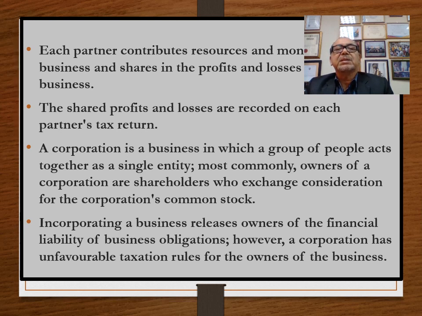Let's say a corporation, sendirian berhad, paid up capital 100,000. You got 5 of you, so everybody will put up 20,000 equally, let's say. It can be more, can be less, but let's say equally. So 20,000 each of you, 5 of you, so you got 100,000. So that company, A Sdn Bhd, will issue shares to each of you, 20,000 shares, to show that you contributed 20,000 ringgit in the company. So that's how a corporation structure comes about. We call it common stock. The shares that are given to you to hold is a common stock to show that you got 20% share in the company.